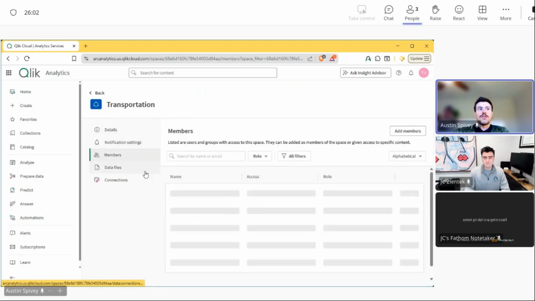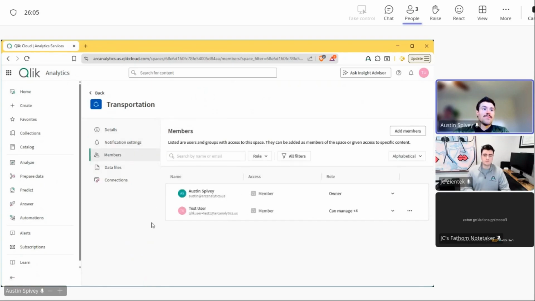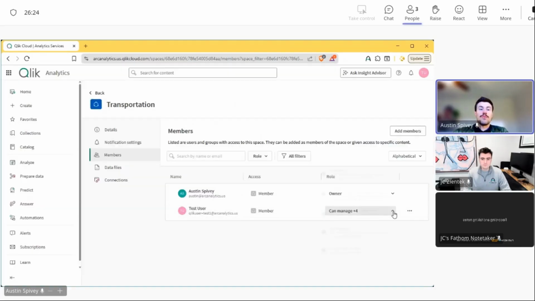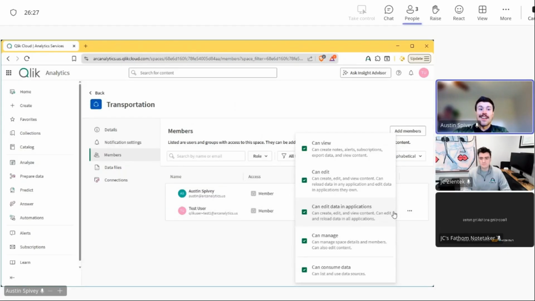I can also see who has access to this space, right? So I can see myself and a Qlik test user that I've set up, but I can add anyone in my organization that has access to Qlik. I can also make it so that anyone at my organization has access to this space. And for specific groups or people, I can set the permissions, including being able to just view things within the space. I can make it so that folks can edit things in the space if they're the owner, or if they're not the owner. I can also make it so that people become an admin or a manager of the